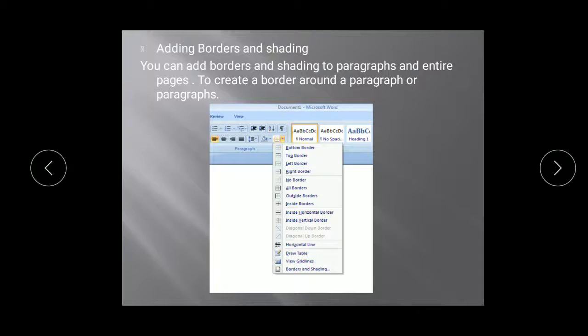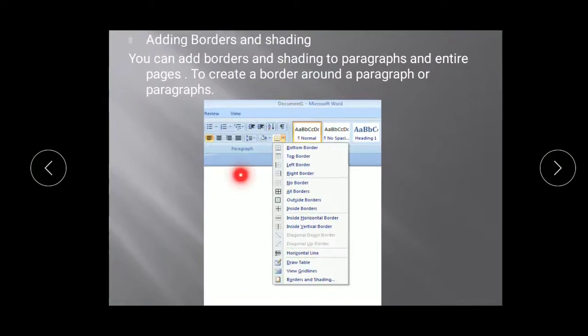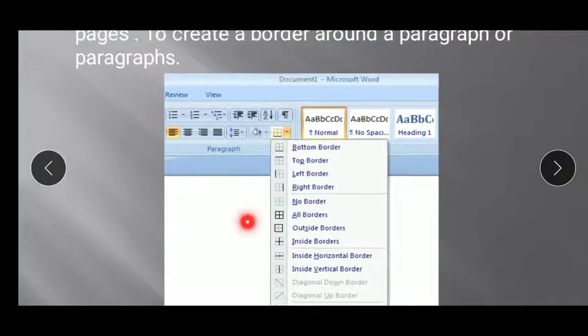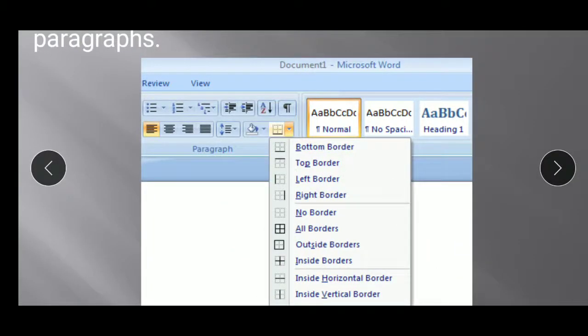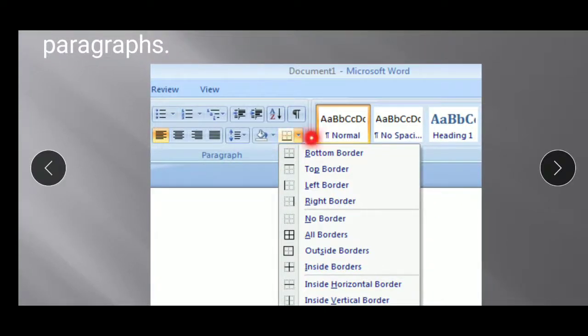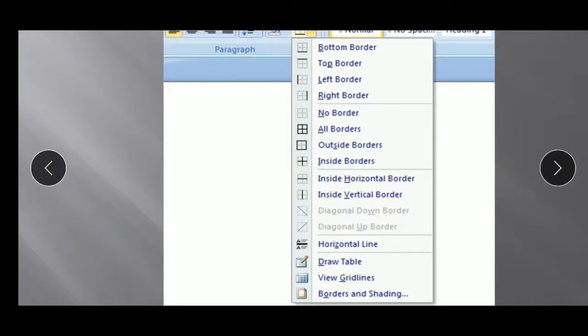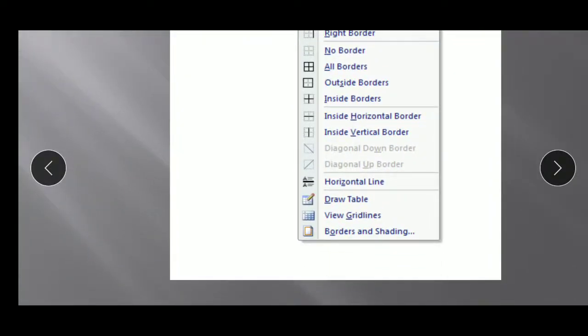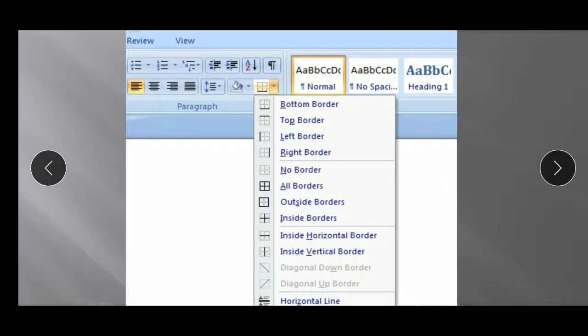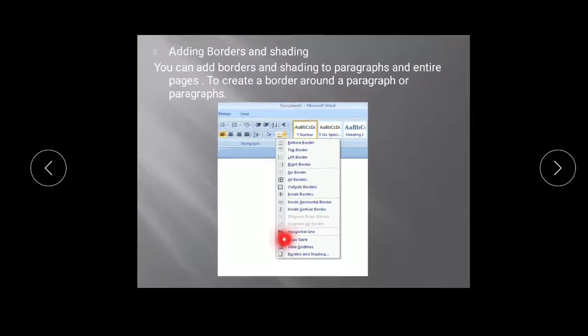Applying borders and shading. When I say I want a document with a proper border for all the documents, what I can do is go to the border and shading option in the paragraph group on the home tab. Just select this symbol and click on the down arrow. You get all these border options, through which you can create borders and shadings. You can view the grid lines to enter some small values. All such things are possible using borders and shadings.